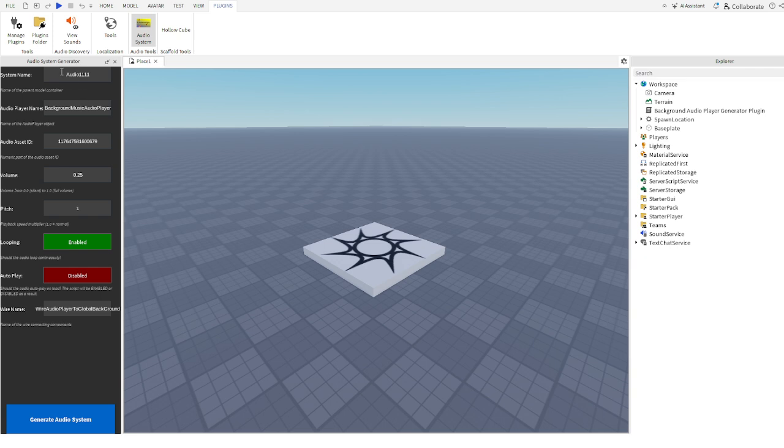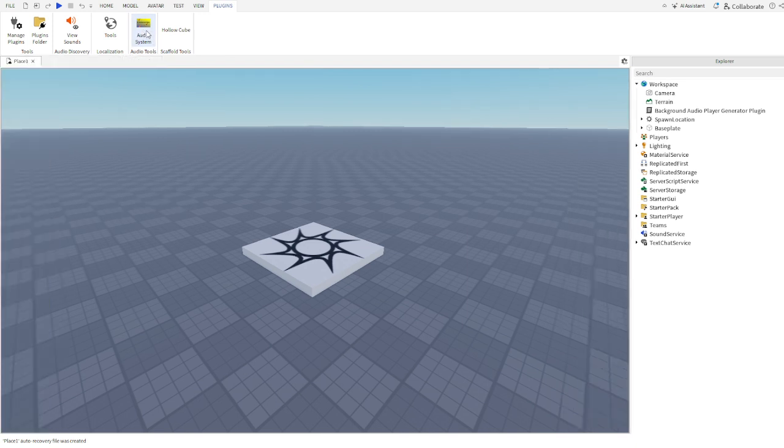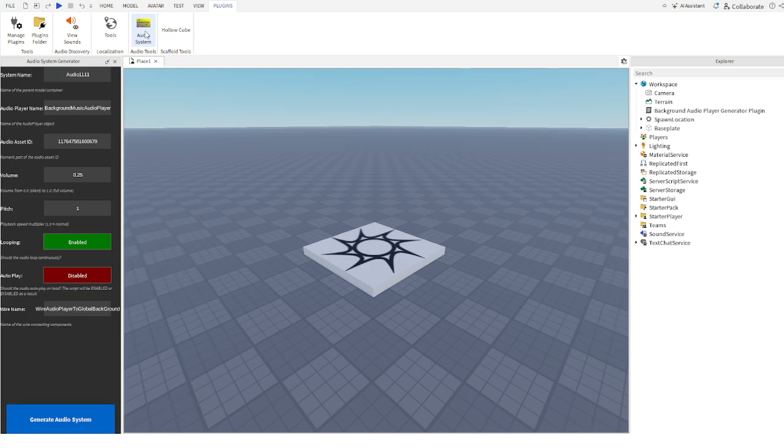So right here we have the application icon to open and close it. And when we open it, we can see the fields that we can configure to change what will show up in the Explorer. So if we just open it up and click Generate Audio System,